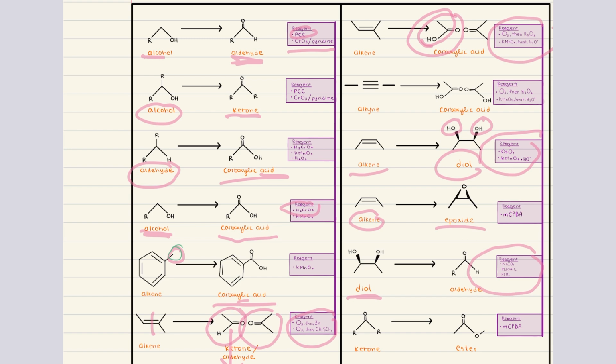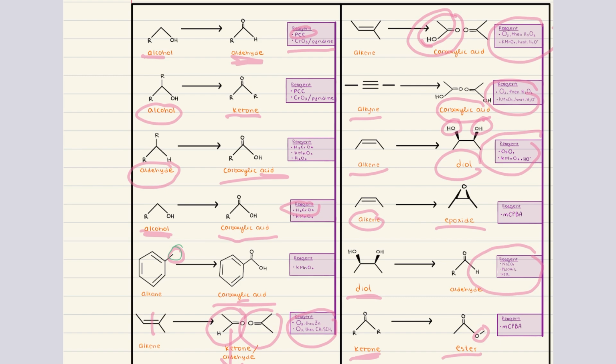Alkynes can be cleaved into carboxylic acids using ozone, followed by water, or potassium permanganate under heat in an acidic medium. This reaction efficiently breaks down triple bonds and leads to fully oxidized carboxyl groups. Finally, oxidation can also modify ketones under specific conditions. Ketones can be oxidized into esters using MCPBA. This reaction inserts an oxygen atom adjacent to the carbonyl carbon, expanding the functional group from a ketone to an